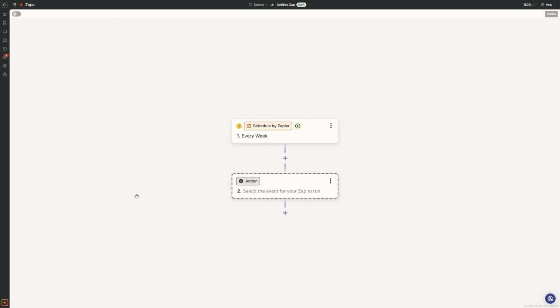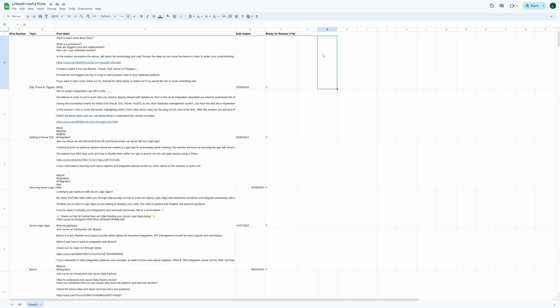Now, in order to progress and configure these actions, we need to set up our spreadsheet with a couple of extra columns. So let's have a look and see what we need to do for that. So we're now in our Google Sheet. What we firstly want to do is configure our first column, which is around the row number. What we'd like to do is have the row number populated where ready for release is Y